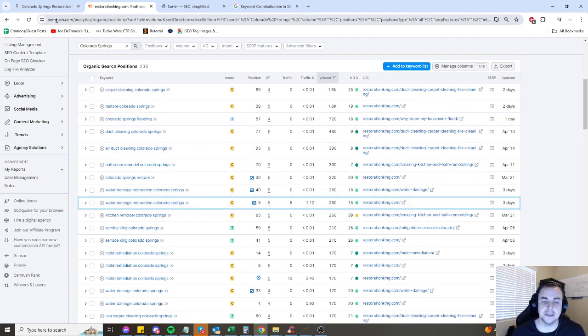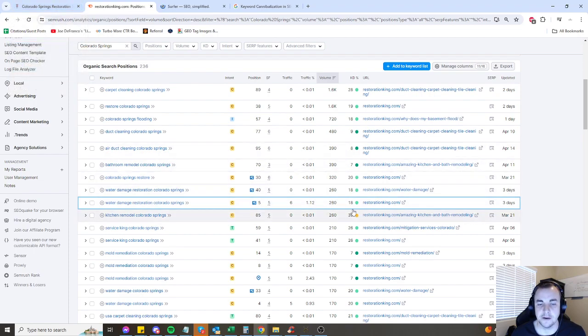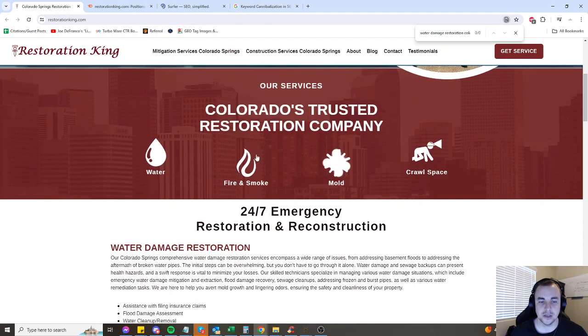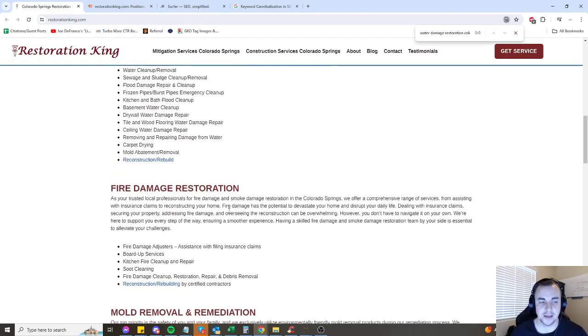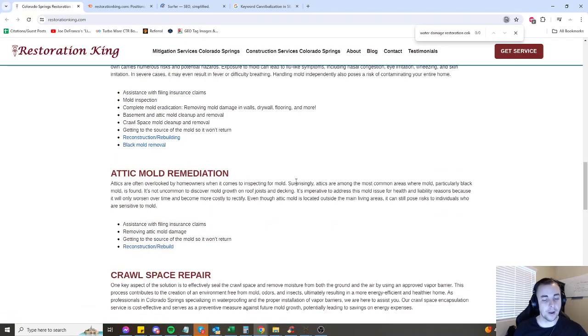A lot of the CPCs, the cost per click for the restoration industry, can be anywhere from $30 to $150 per click. And so this is very valuable traffic, big high-end jobs. And so we want to make sure that we are targeting our main keywords well. So here they don't even have the main keyword on their page at all. It's not in their meta title, it's not in their meta description, it's not in any of their headings, it's not in their text. And so what I like to do, I have a very quick way to approach this